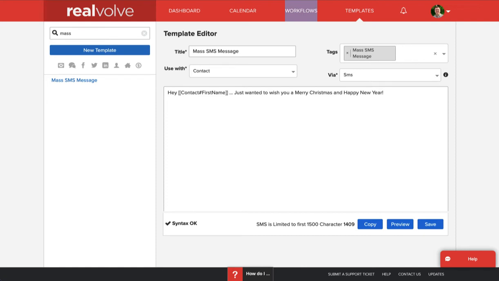What I did is I went into the templates area of Realvolve and just created a new template. I labeled it Mass SMS Messaging, label it whatever you want, using with contact. And I tagged it with just Mass SMS Message. Now this is a tag that I've assigned to 2 or 3 people in my database just to do this sample, but you would probably create some kind of tag on your contacts for the people that you want to message,